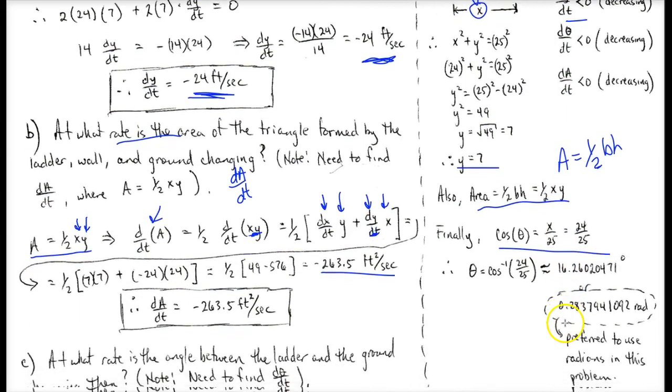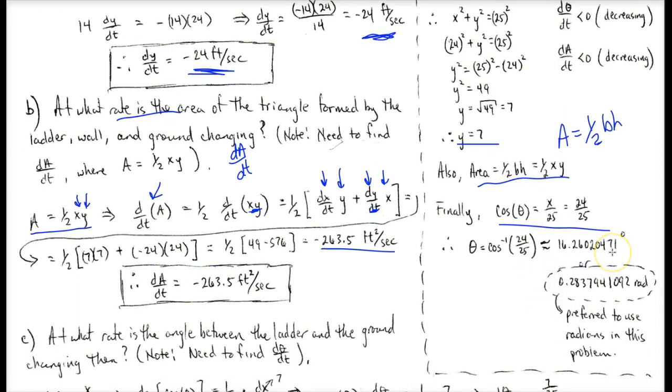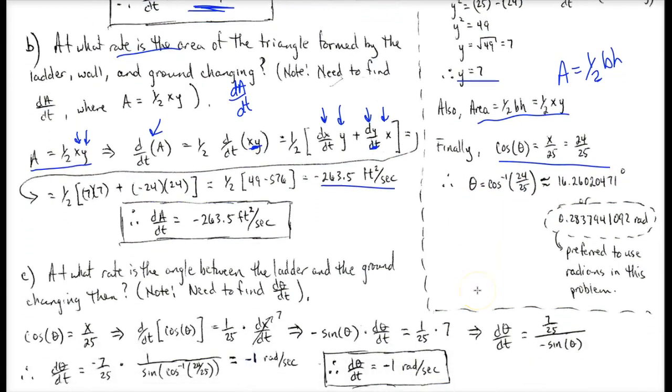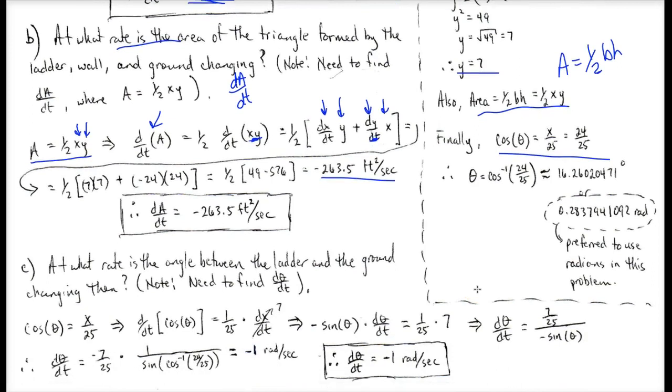And of course you see that I've calculated that in degrees as well as radians, what the actual angle is at that specific time. We may not necessarily need that, but it's there just in case you want to use it. So if we look here, we see that we have an equation, and if we want to find the derivative or the rate of change of the angle with respect to time, then we have what we need inside here. So if we take the derivative of both sides of this equation,